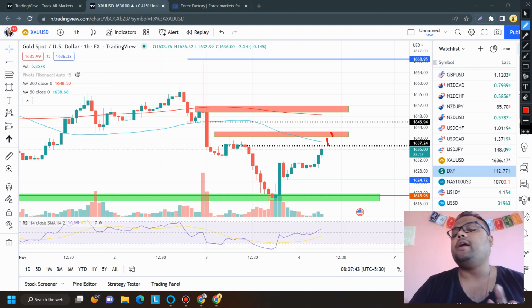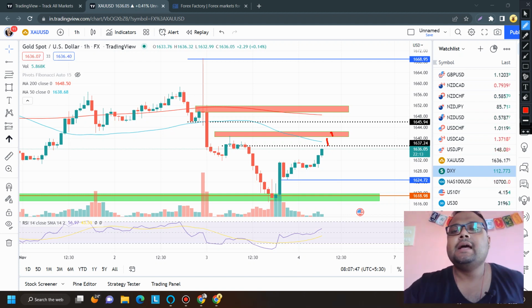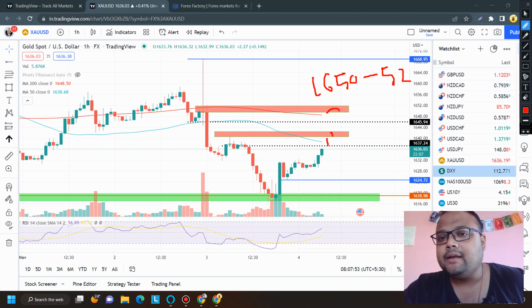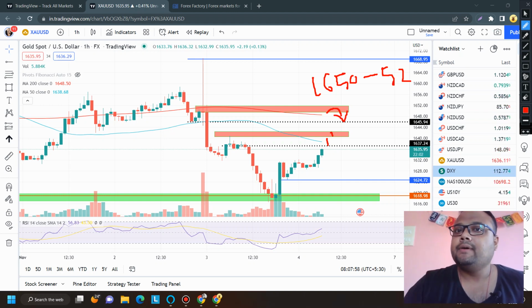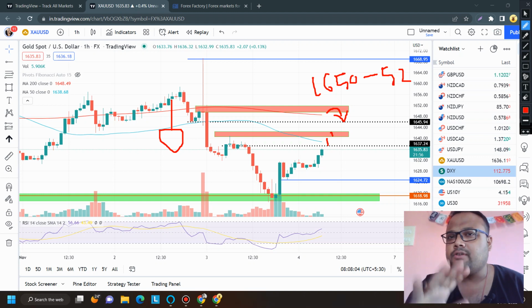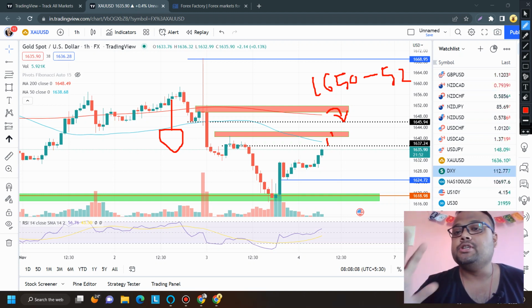So if the volatility and market conditions remain like this, then you can expect 1650 to 52 as the next resistance, and you can take a sell position if the market reverses. Once the market hits the level, observe it. If you see the market reversing, forming a shooting star kind of pattern, or any good price rejection from above, that will give you the confirmation that yes, you can go for a sell position.